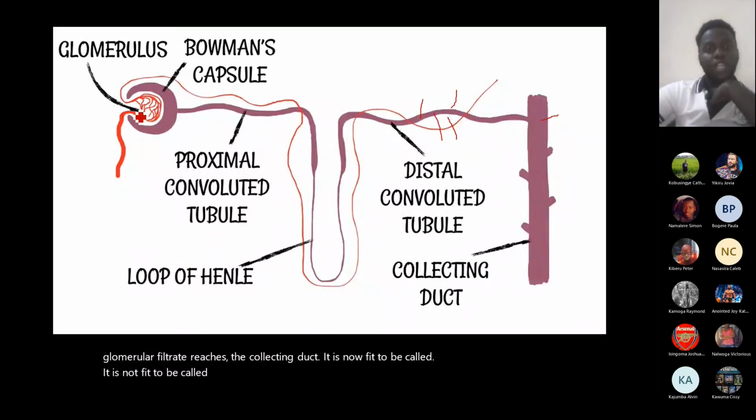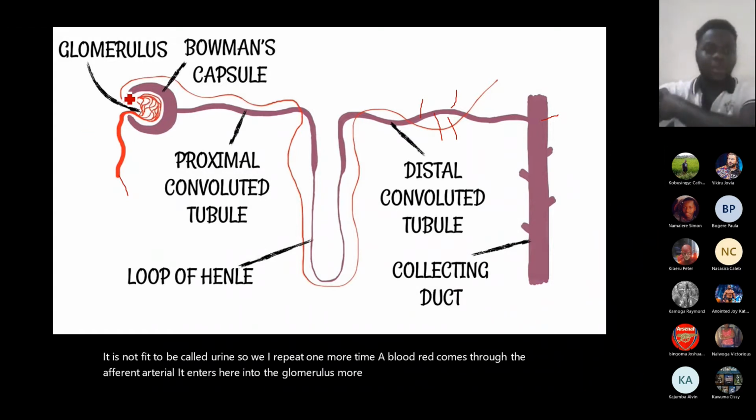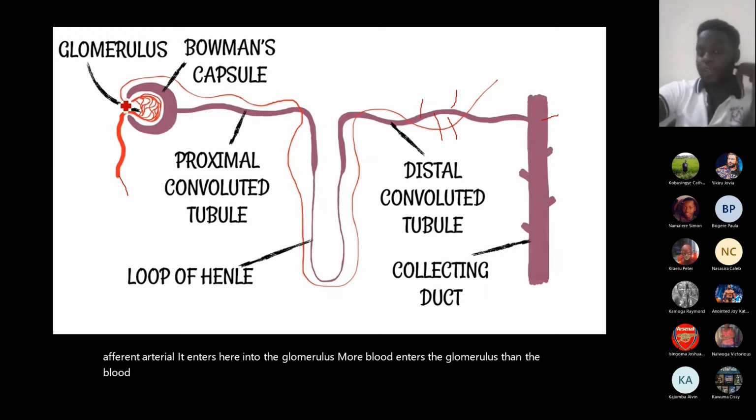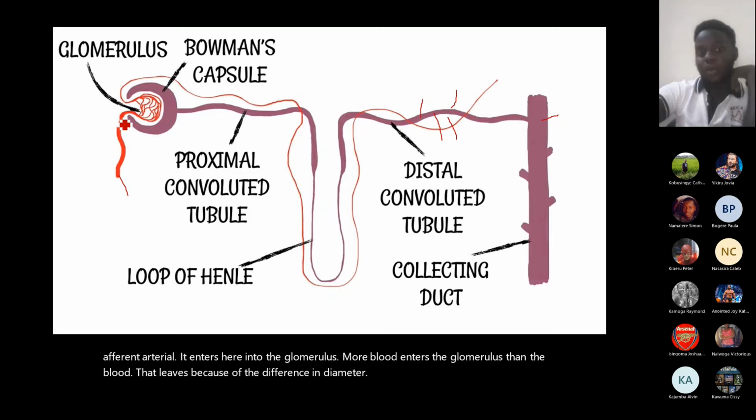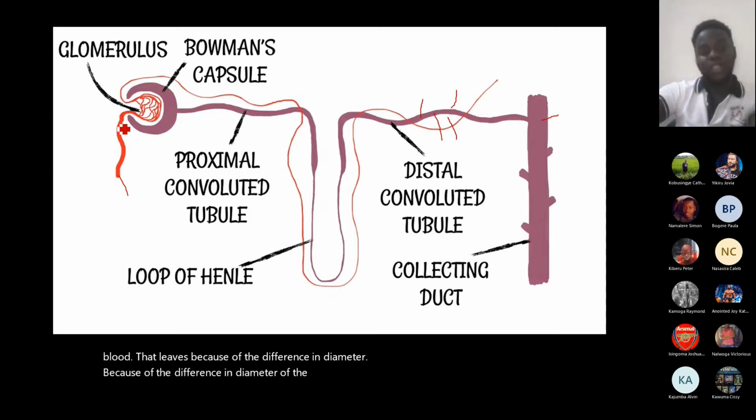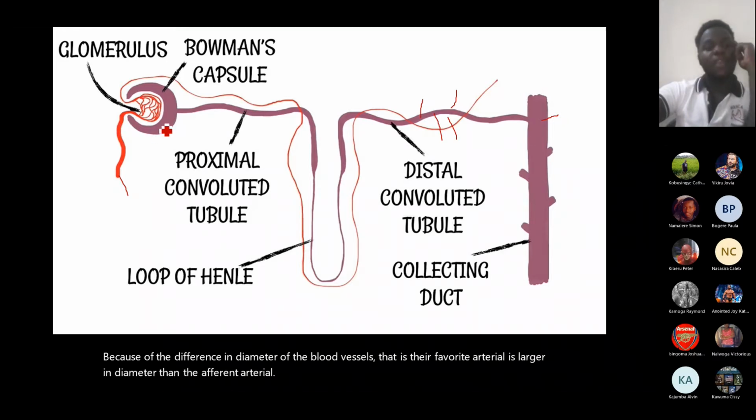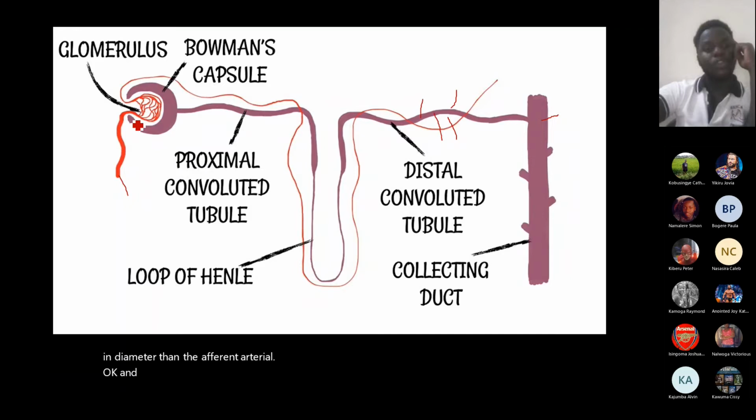So I repeat one more time. Blood comes through the afferent arteriole. It enters here into the glomerulus. More blood enters the glomerulus than the blood that leaves, because of the difference in diameter. Because of the difference in diameter of the blood vessels, that is, the afferent arteriole is larger in diameter than the efferent arteriole. Okay? And then, because of ultrafiltration or filtration by pressure, blood is going to be filtered, and